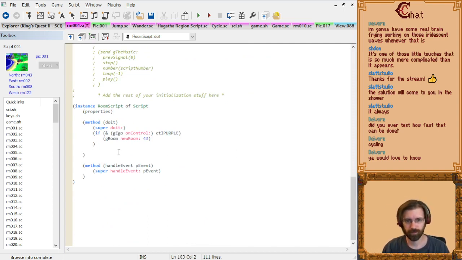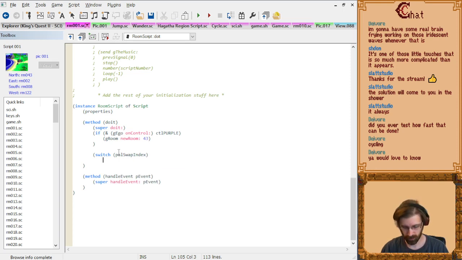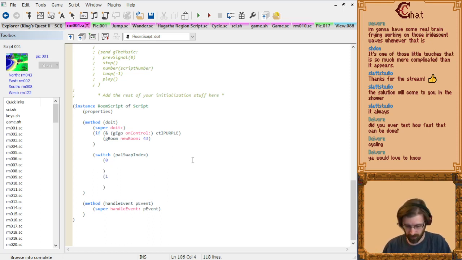Method do it. If, or no, let's do switch. Switch now swap index 0 and 1. If pal swap index is 0, assign pal swap index 1. And if it's 1,